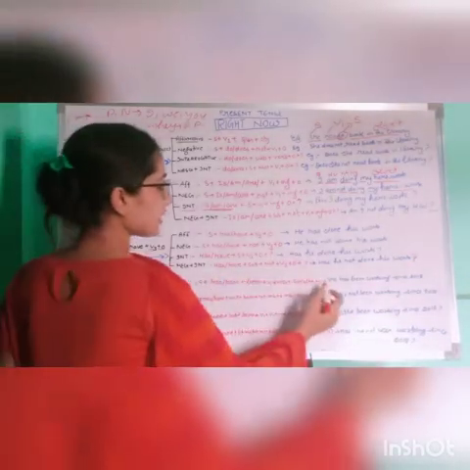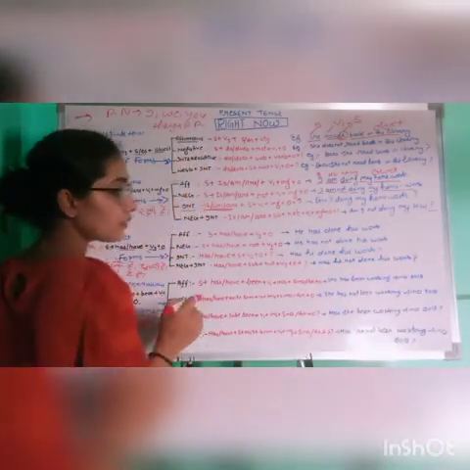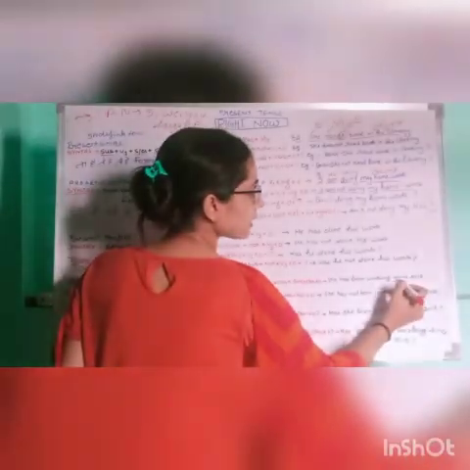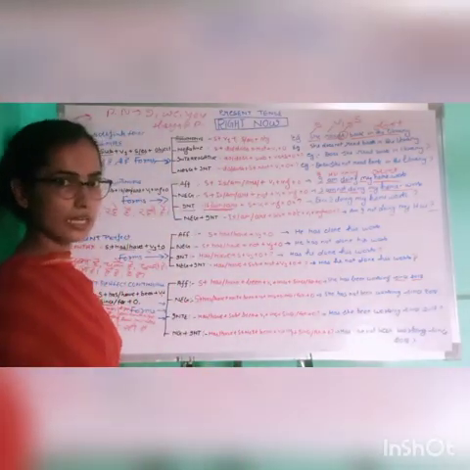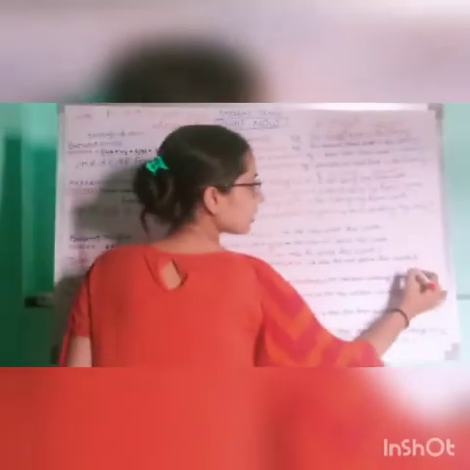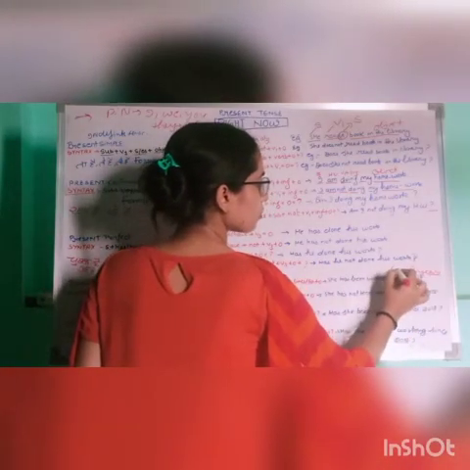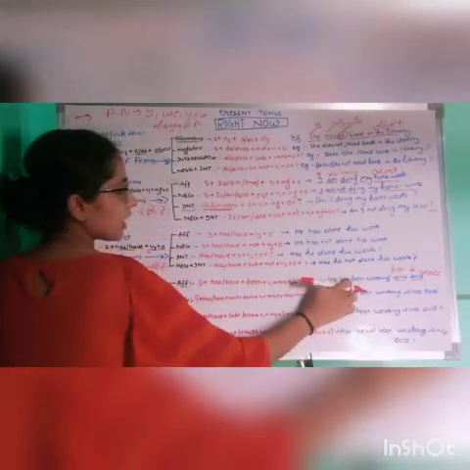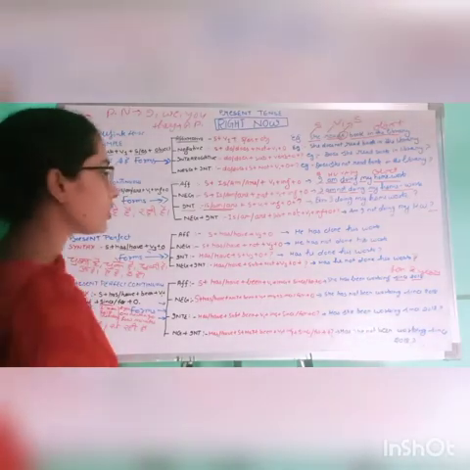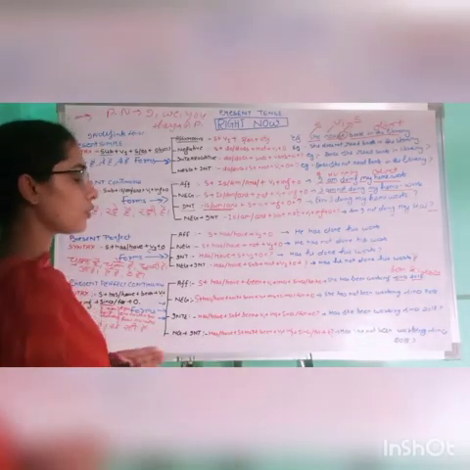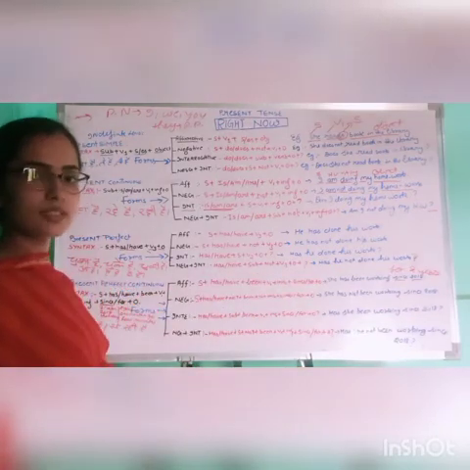So here the sentence will be: she has been working since 2018. I have told you that since comes here because the time period is definite, the year was 2018. If I say here 2 years, then it is not definite, so we will use for. She has been working for 2 years in this company, right? So this is the syntax compiled into a sentence.